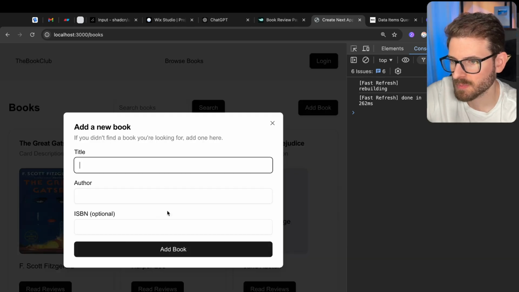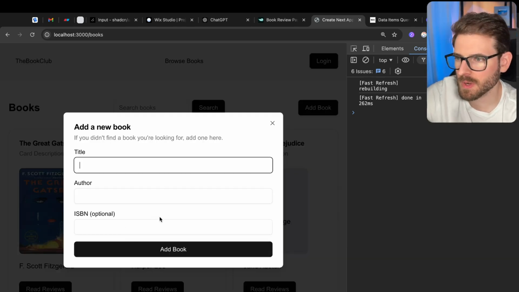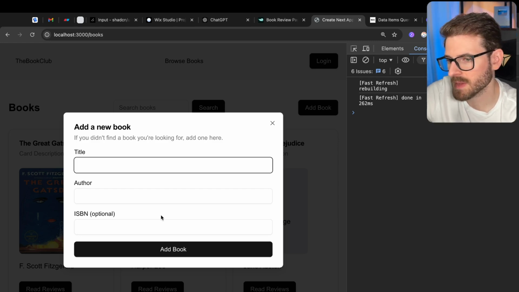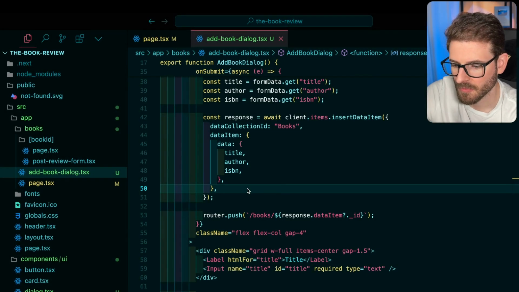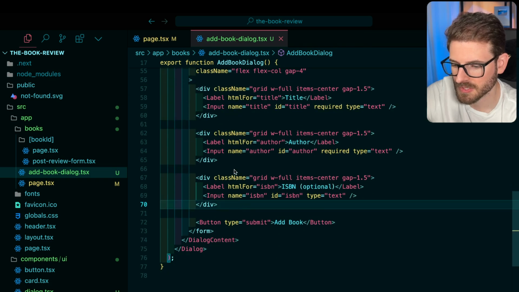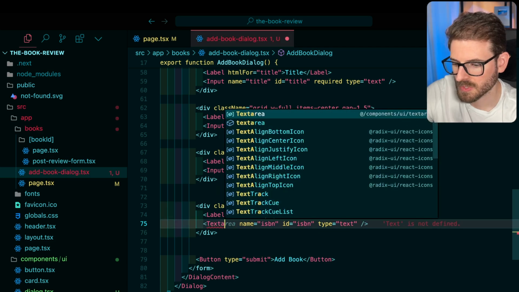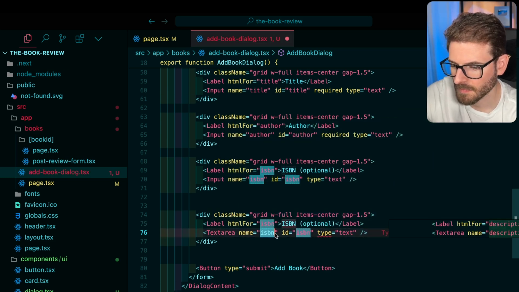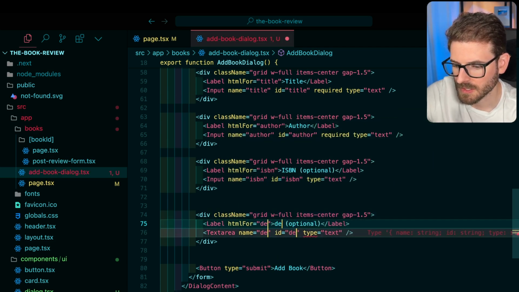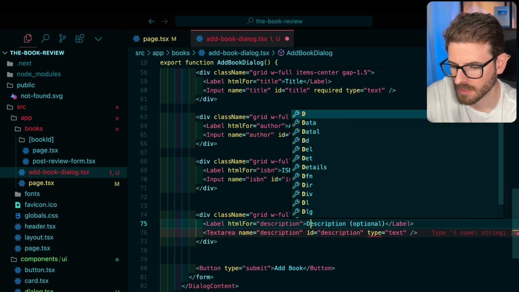So we also should probably add the description. And at some point we may be adding in too many things into a modal or a dialog. You'd have to use your best judgment. I mean, you could add a scroll bar in here so you can put more content. Right now we'll keep it in the dialog, but I think we're crossing the threshold of like too much data in a dialog. So we'll say text area, and then we'll say description,